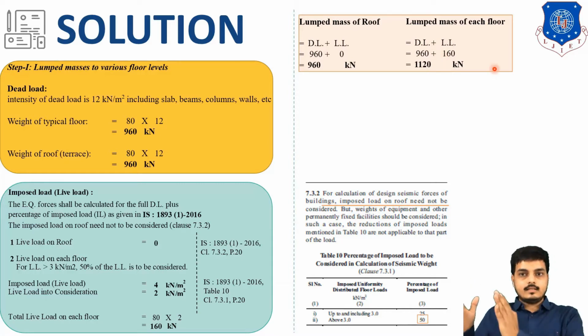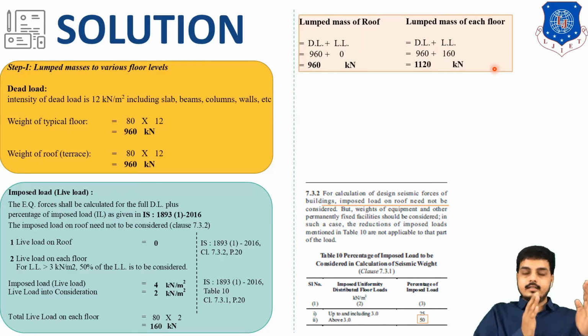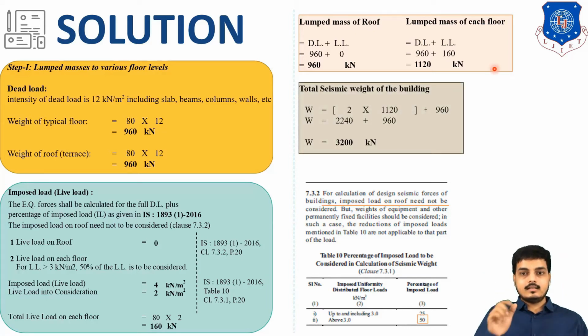So one side it is for floor and one side we have calculated for roof. Now what will be the sum of both the loads? Say this is our final value for W. There are two floors in our system and one roof, say one terrace. So two is for the two storage floors, and then one is the roof.